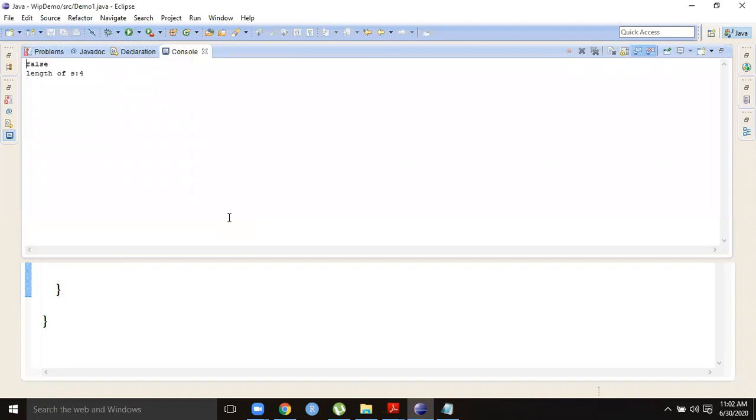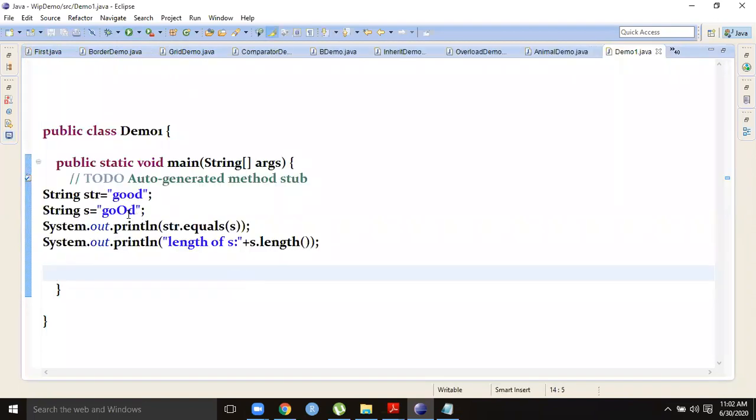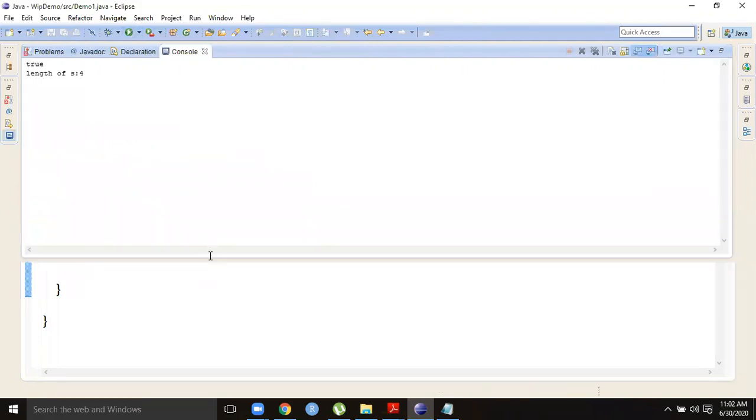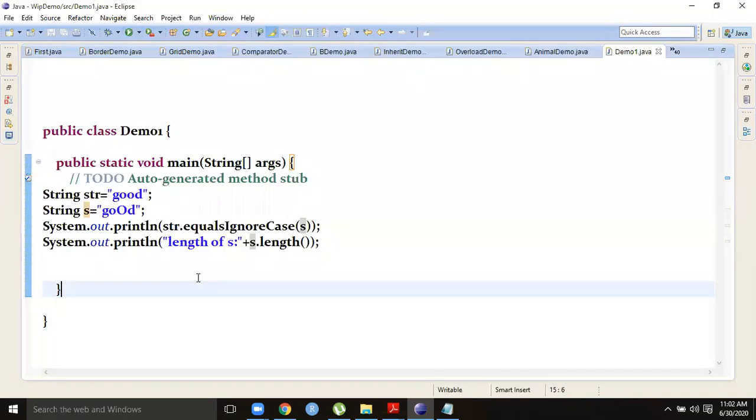Now it is returning false because here you used a capital letter. So in order to compare by ignoring the case, you can use the equalsIgnoreCase method. So now it is giving true. It is neglecting the case. Even though the case is different, the letters are the same, so the comparison is successful. So this is one way.